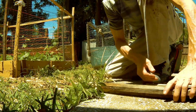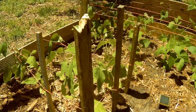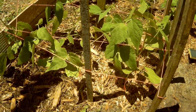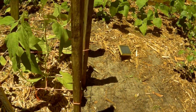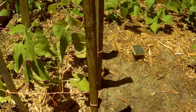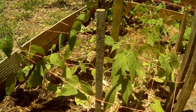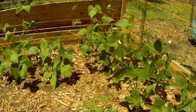And of course I'm using just old reclaimed wood. I just got done making the trestle for the bush beans. It's not pretty or fancy. I could have taken more time to do it, but like I said, I want to just do things cheap and as quick as possible. Well, not as quick as possible, but just keep it cheap. Anyway, it separated them decently enough to where everybody won't be overcrowding, and I actually had to sacrifice a few more